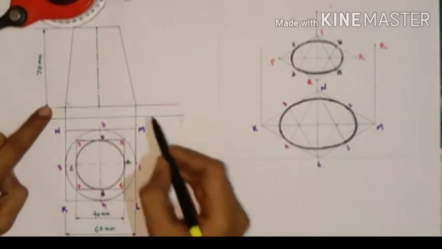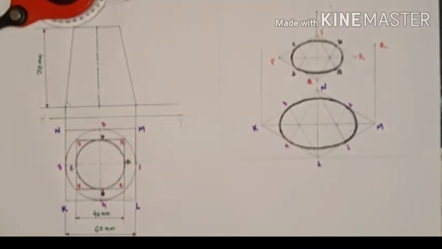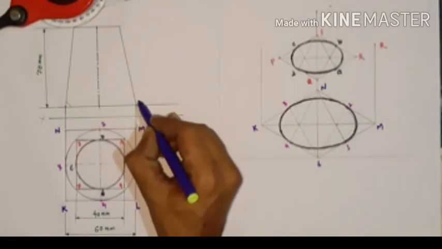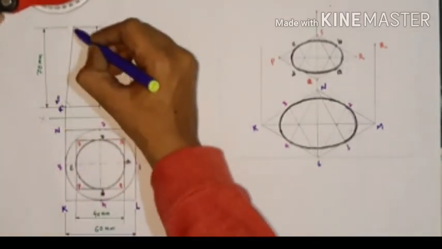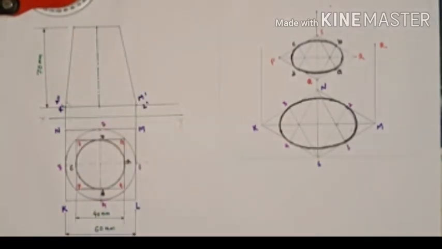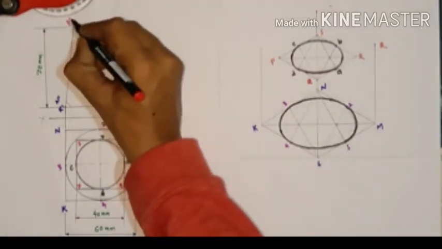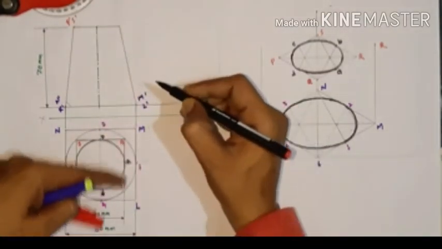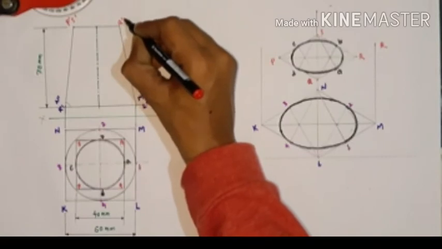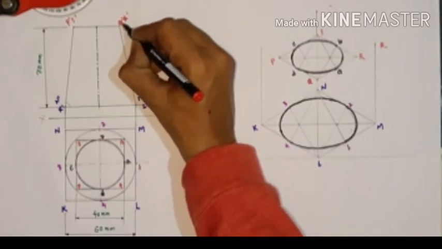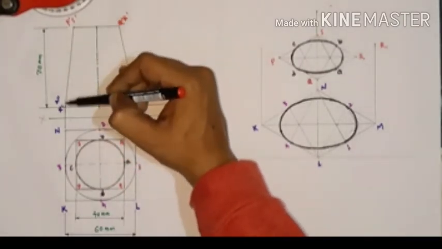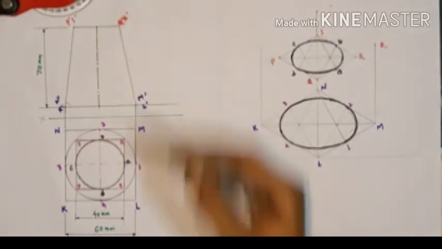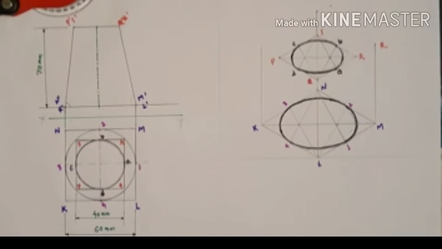Just this is your, suppose in this question, when we see this, it is your m dash and l dash, and this side your n and k dash, and right now in the above portion this is your p and s, p dash, s dash, and this is your q and r dash, q dash and r dash. Okay, so again we can clearly see that n and k are joined with p and s, and l m n with q and r. So now we join all.